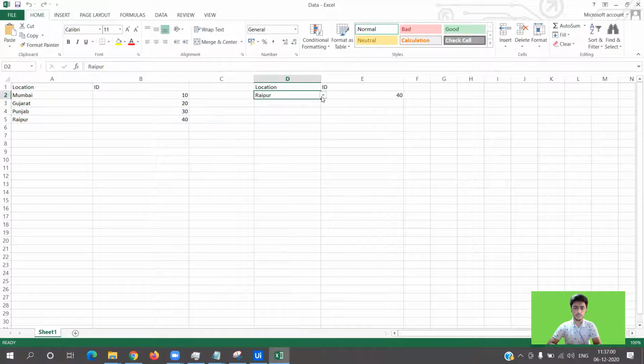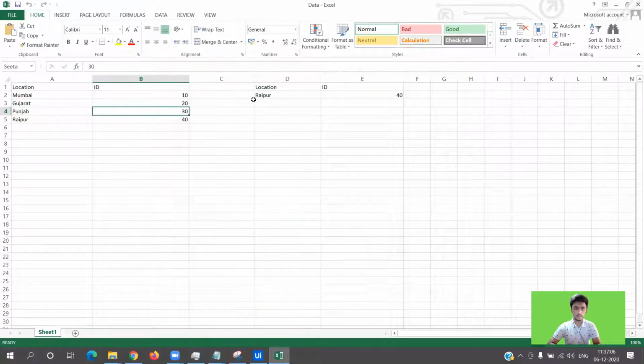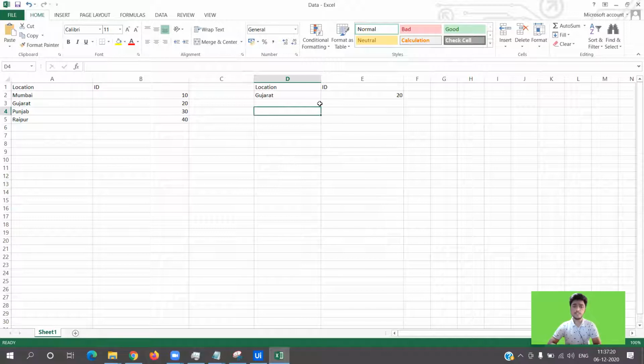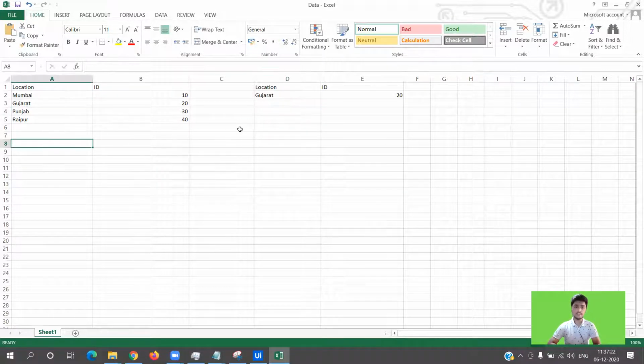So the location, when I select this drop down, this particular field will be auto populated depending upon the values over here. So if you see, if I select Mumbai, the ID value changes to 10, Punjab 30, Raipur 40, 20. So you see, this is the scenario that I've created over here. So let's build this complete scenario again from the scratch, but here I have done it already.